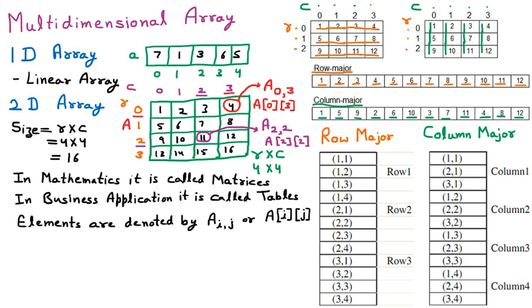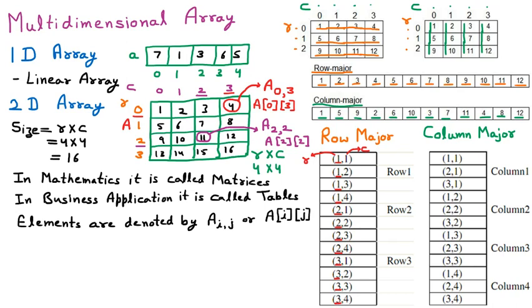We know that whenever two things are mentioned, the first thing represents the row and the second thing represents the column. Now as we are going with the row major, first of all we are focusing on the row. So the first row will be the same. You can see that the row is the same, 1, 1, 1, 1. That means we are focusing on the first row, and these are the remaining columns. Then we are working on the second row, 2, 2, 2, 2. That means second row, all the elements. Then third row, all the elements.